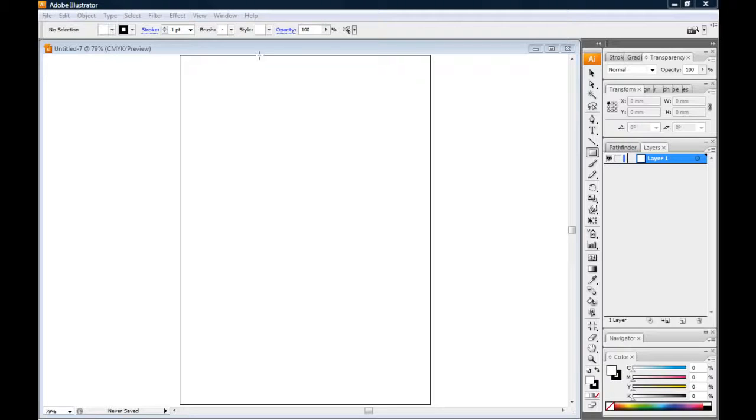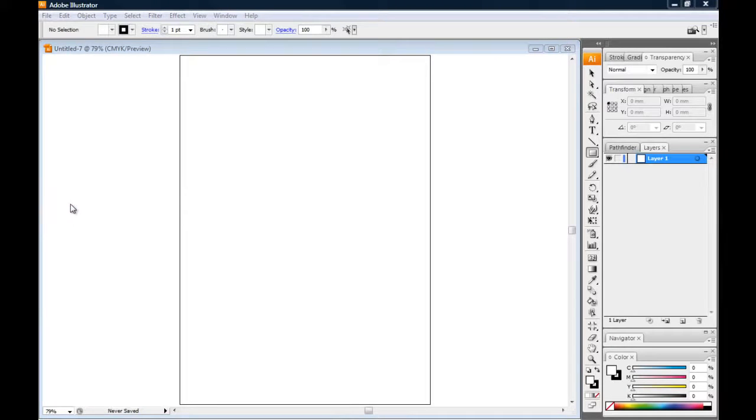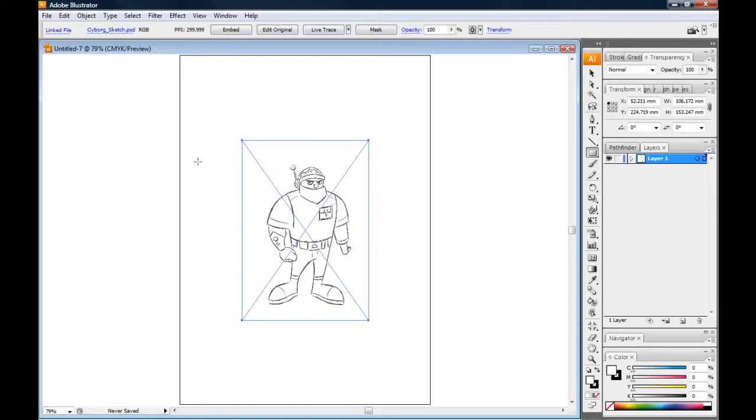So I've got a nice new document here. I've done nothing yet, just created a new document, and we're going to come over here to File, and just below halfway we've got Place. And on the other screen here I've got this window I'll bring over. This is the source file I want, so I'm just going to click place,